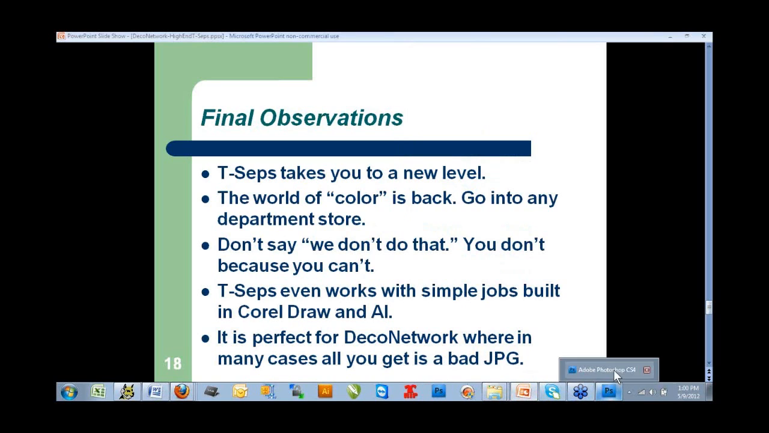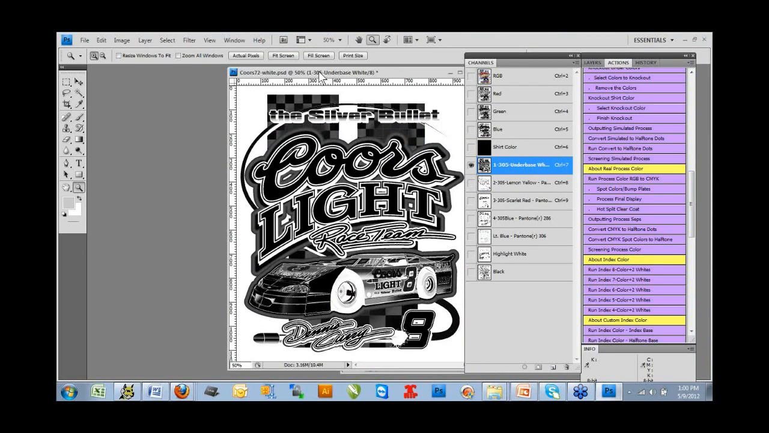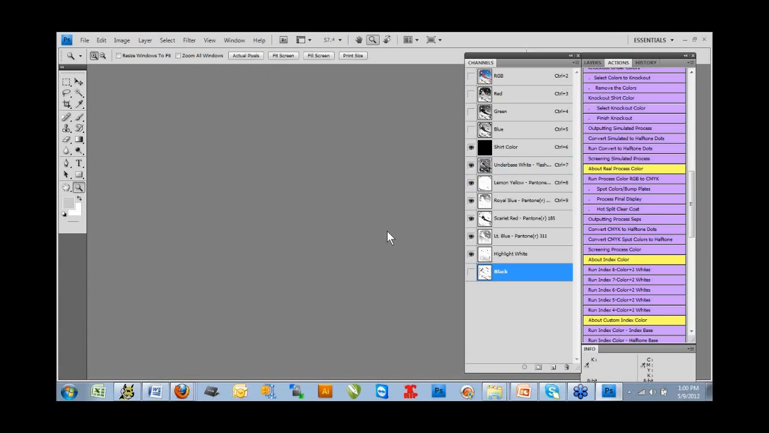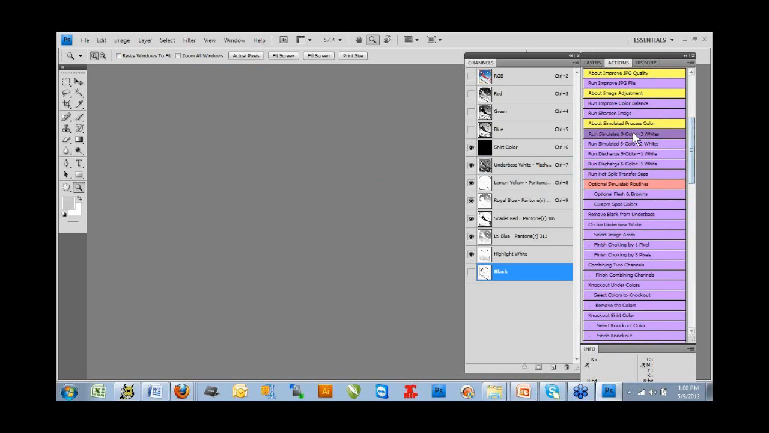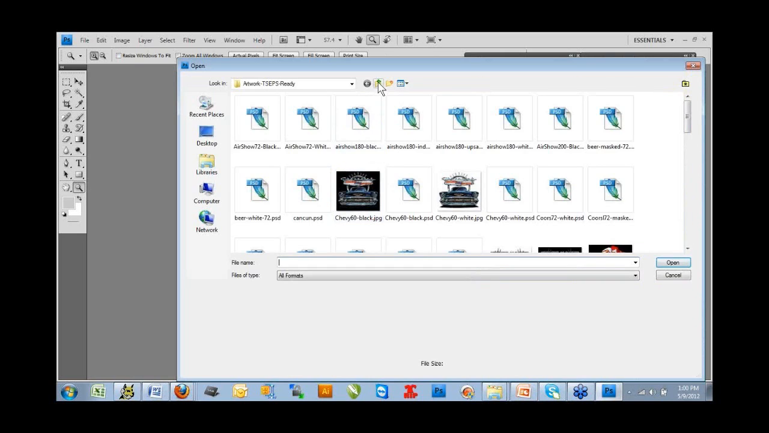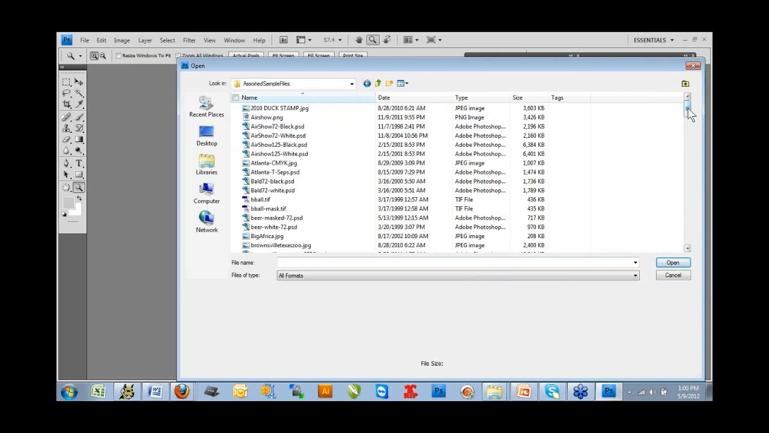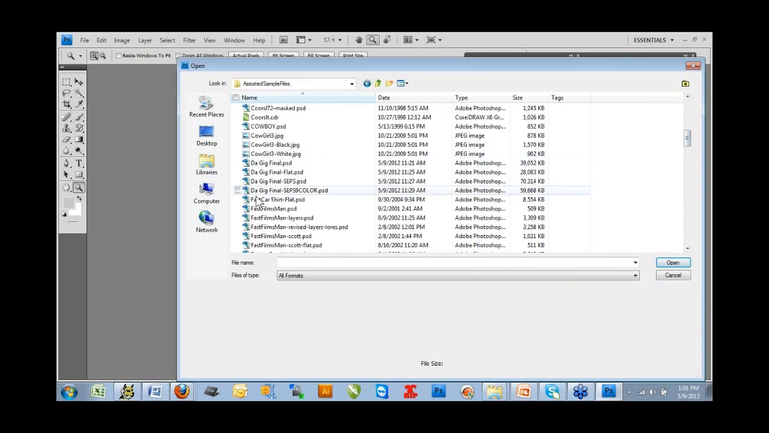Let's do one last quick little set of steps, just to rehash this one more time. I'm going to close this file out. I've got some other files open, which is why you're seeing stuff in the channels palette. Let's do one more quick one, just so you can see how fast it is. 9-color sample files. And again, I don't want to print 9, but